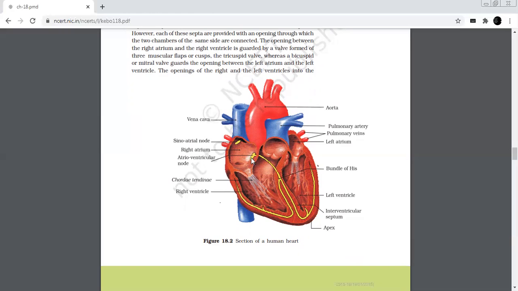Let us see the external structure now. Externally, heart is composed of four chambers. Two relatively smaller chambers called auricles. Auricles are present in the upper side. You can see in the diagram. And two larger lower chambers called ventricles. These are the ventricles. The right ventricle is slightly larger than the left because these atria are meant to receive blood from different body parts.